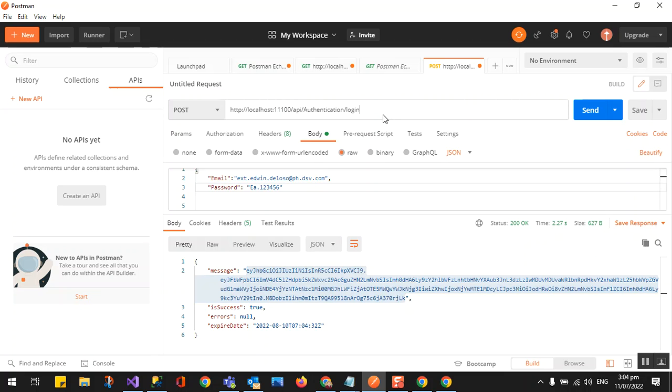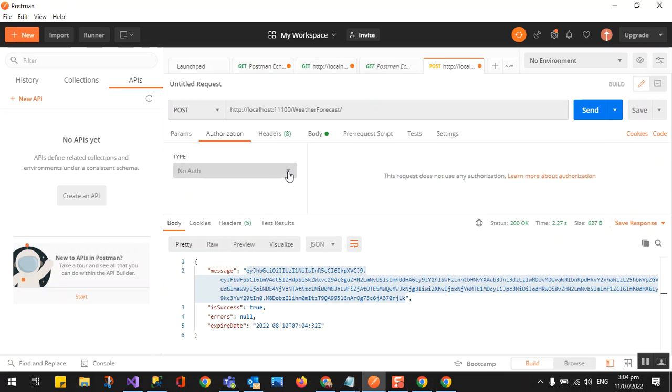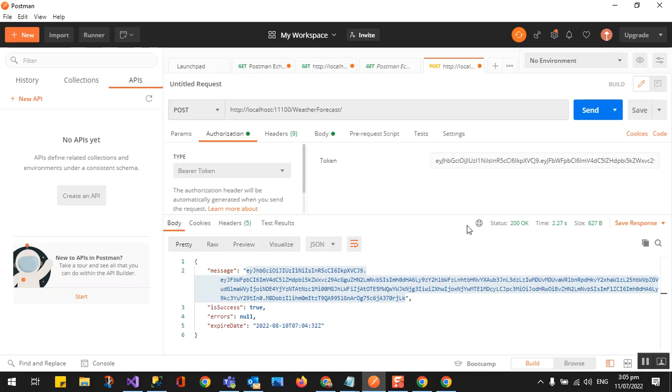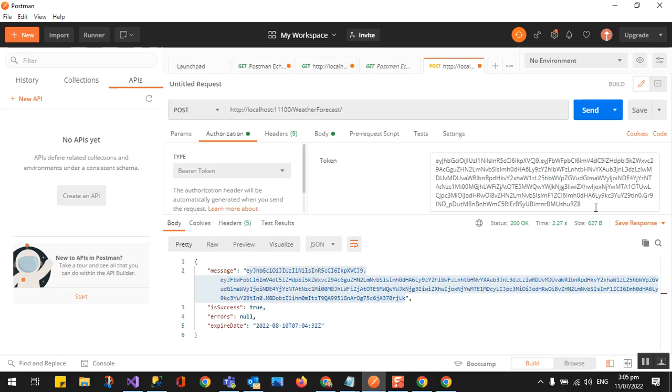Now, if we are going to get the weather forecast, this weather forecast is already protected. So we are going to pass the authorization. This is the bearer token, the JWT authentication. We pass the token here.